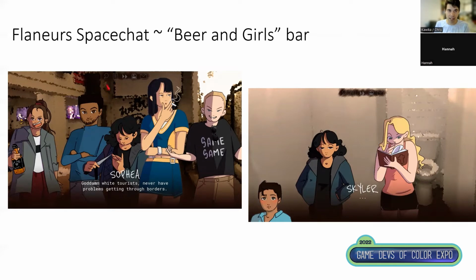So all of these sections take place in a bar called Beer and Girls, which sounds pretty dumb, and it is, but it's also the name of the bar that we always hung out at in this small town in Korea. So it's based on a real bar, and similarly on some of the real people I knew there, as absurd as it can sound. It also really helped that the game engine for visual novels, Ren'Py, is free and easier to use than most others, like say Unity. And so it gave us a practical way of actually making this thing happen.